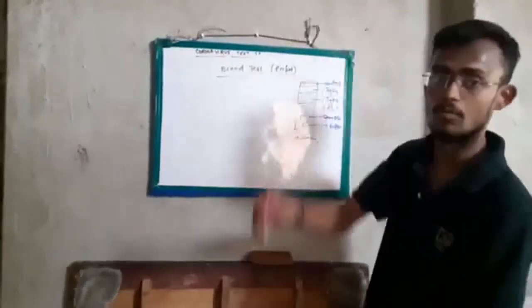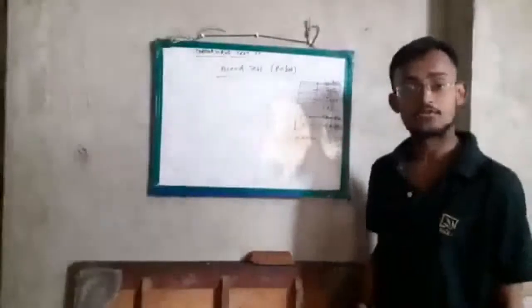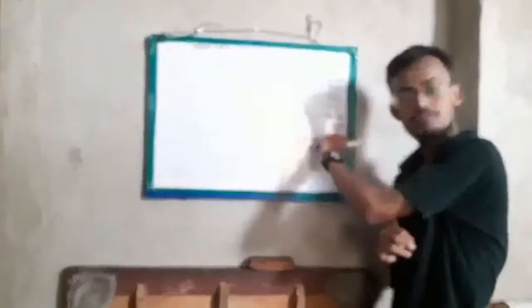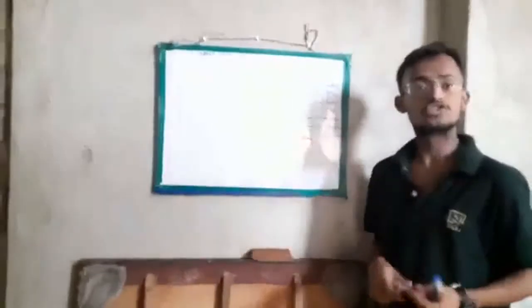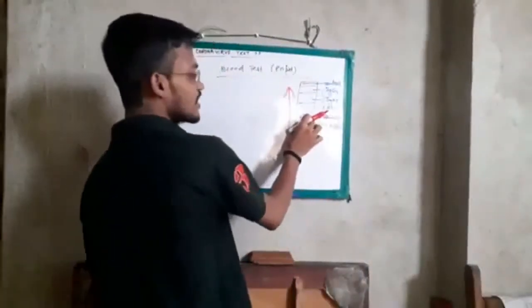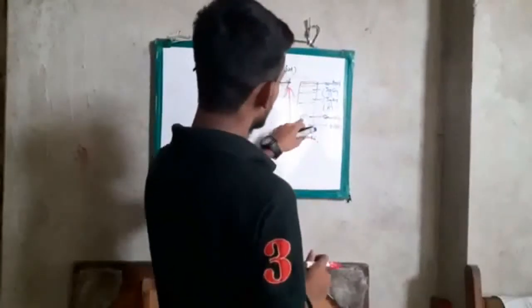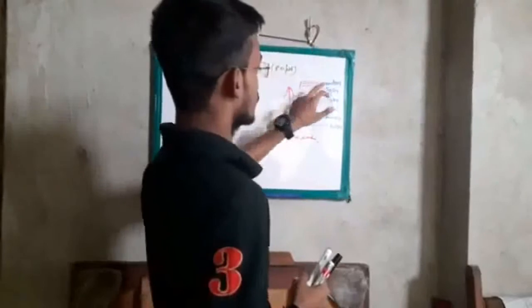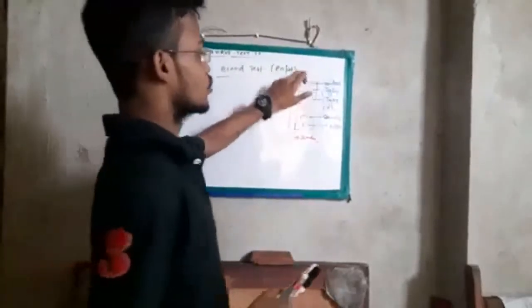Now, one thing I'd like to explain, I forgot to tell you what this buffer does. The work of the buffer solution is to take your blood in a capillary direction, in this direction. When you put the buffer in the buffer section, it will help to move the blood in the upward direction, up to the control.